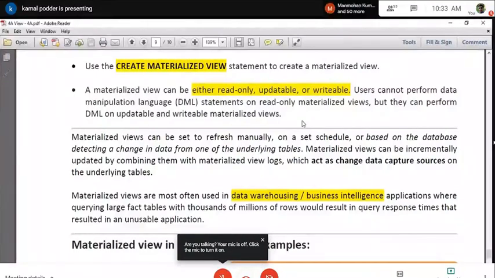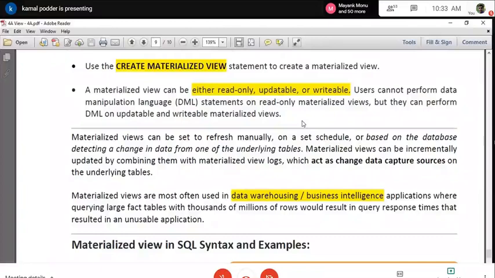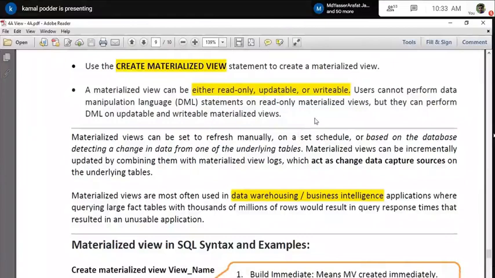But in most cases in data analytics it is read-only, because we need to analyze the data, get some result, and on the basis of the result take some managerial action.